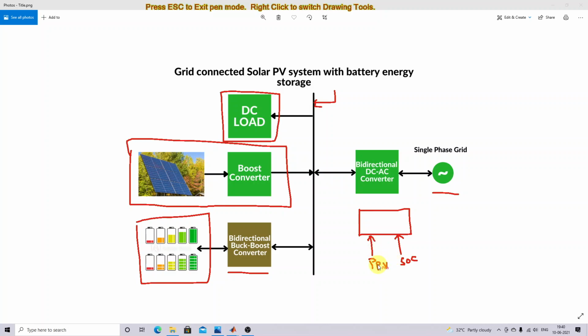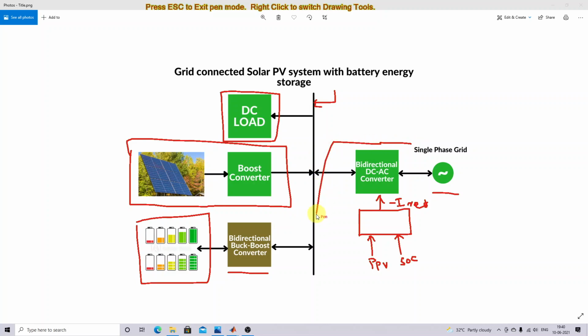That means if this power of PV is less than 100 watts, and then SOC of the battery is less than 10 percentage, then the reference current given to this bidirectional converter is negative. Okay, so you have to provide negative reference current. So that means we have to purchase the power from the grid